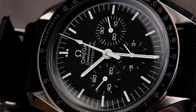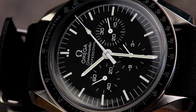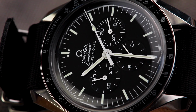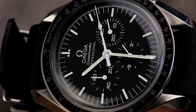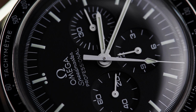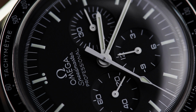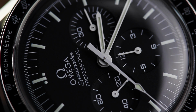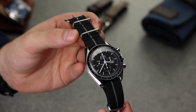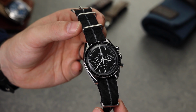The dial of the Speedmaster is a matte black one. If you're used to glossy black enamel dials, the Speedy will almost feel like a soft grey once on the wrist and out in the world. Sunken into the matte dial, we find three evenly balanced subdials. These sit relatively centred to the dial, just kissing the end of the 3, 6 and 9 indices. Compare the subdial positions to the likes of the Speedmaster Reduced, and you can really start to appreciate the Speedmaster